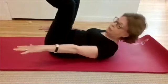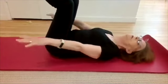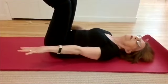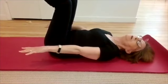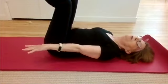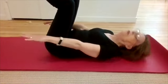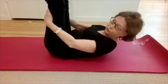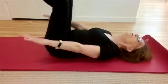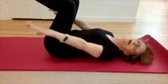And the arms are going to be long with energy going through them, fingers spread wide apart, and they're sort of beating like they're slapping the water, okay? The breath is going to be 5 breaths in through the nose and 5 breaths out through the mouth. And we're going to do that for 100 times. But of course, you'll stop anytime you want. Here we go. In 2, 3, 4, 5, out 2, 3, 4, 5,